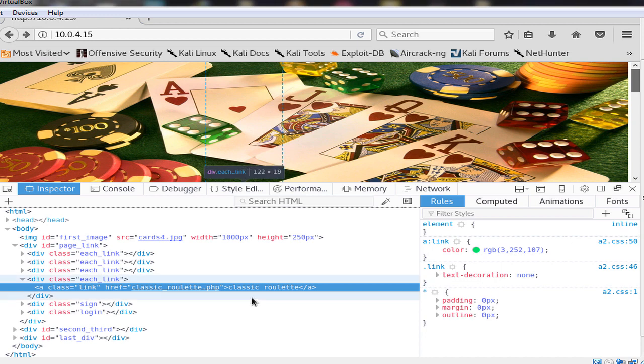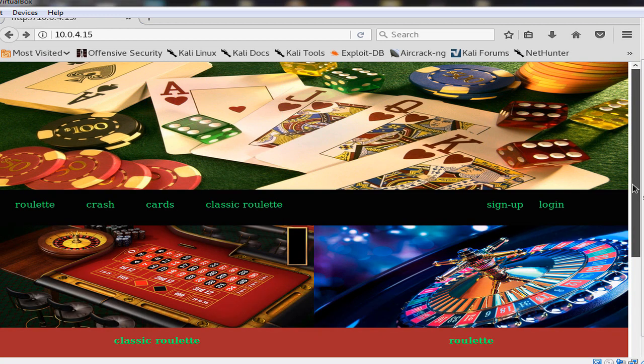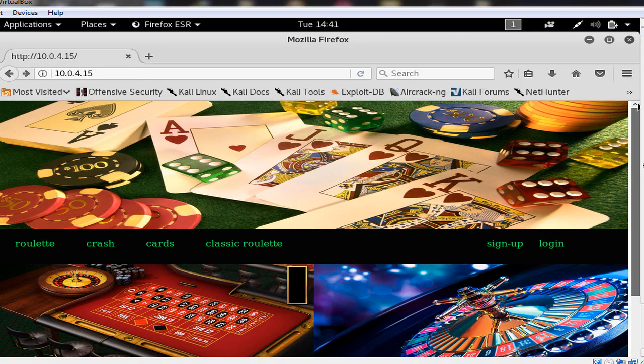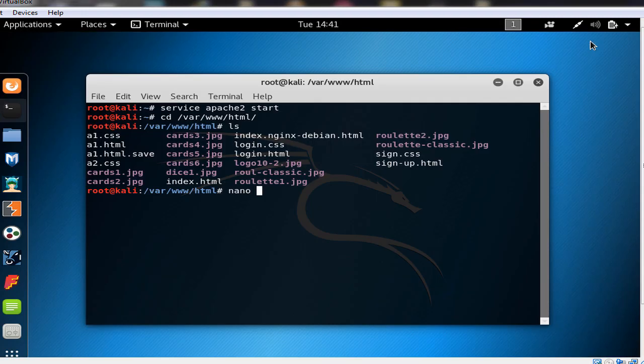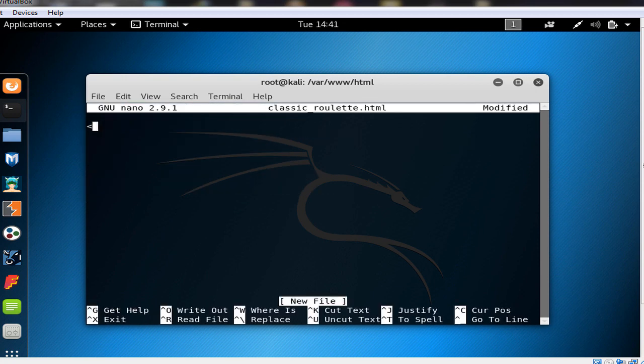you see the link is classic_roulette.php. So we name it classic roulette, but we choose the extension to be HTML for now. So we say classic_roulette.html. We start by writing the outer tags like the HTML and also the head tag, in which the